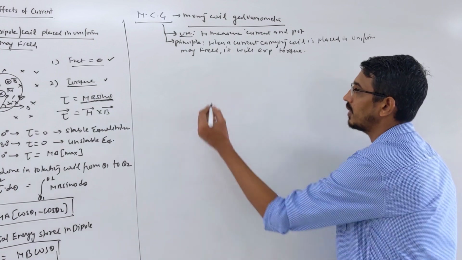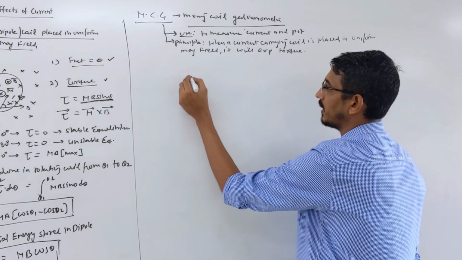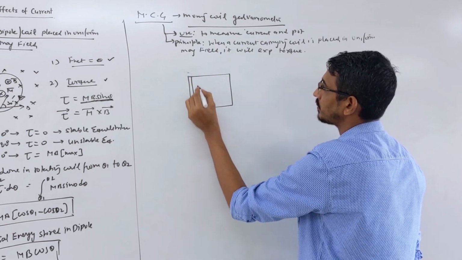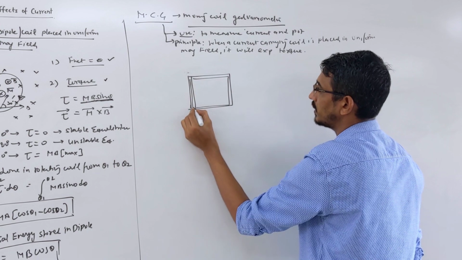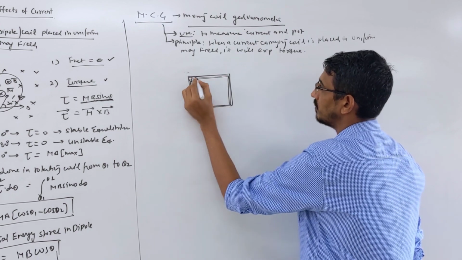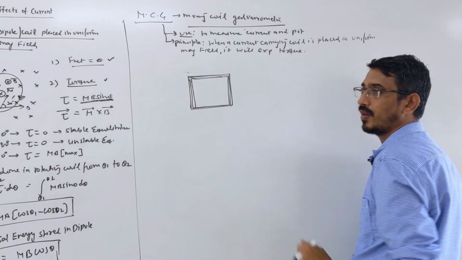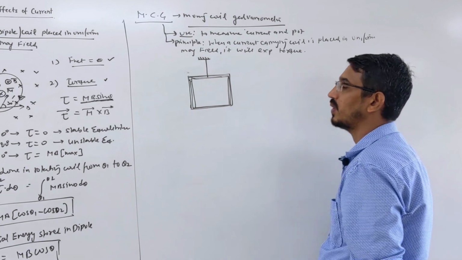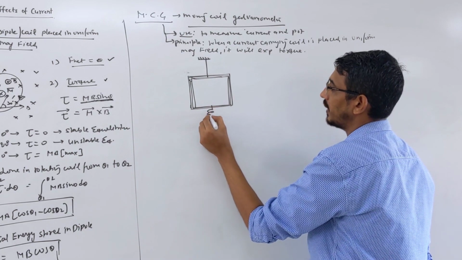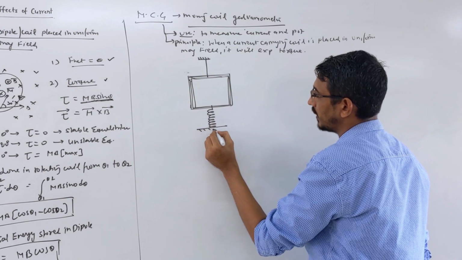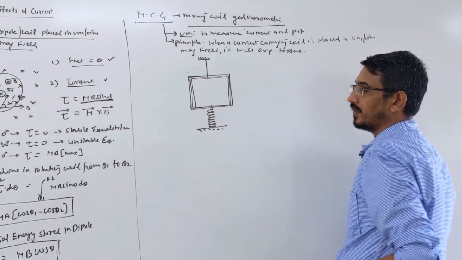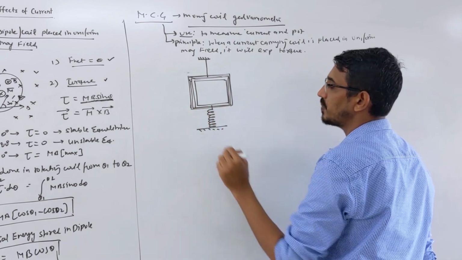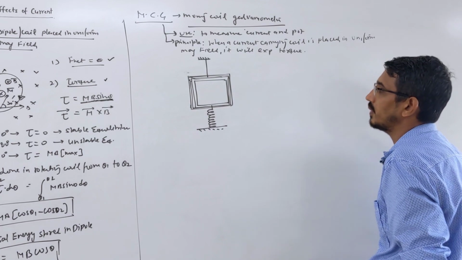So what happens? Here also we have some coil, maybe a circular coil or rectangular coil. Suppose this coil has a rectangular shape. It has some number of turns, supported by some frame. So this is a rectangular coil. It's hung with the help of a thread which has good elasticity and is supported by a spring below it. So this is the spring, this is the thread. The frame is there, we hang it with the thread and support it with the spring. Correct?